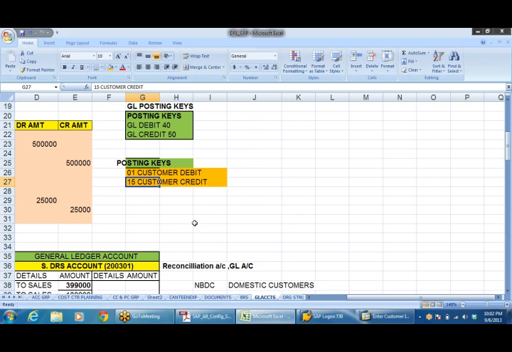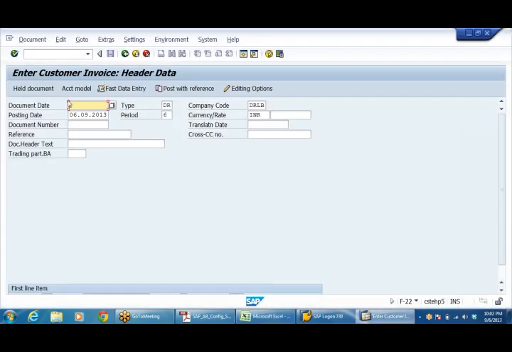I'll show you here. As soon as you come here, in screen F-22, document date, posting date, DR. What is DR?